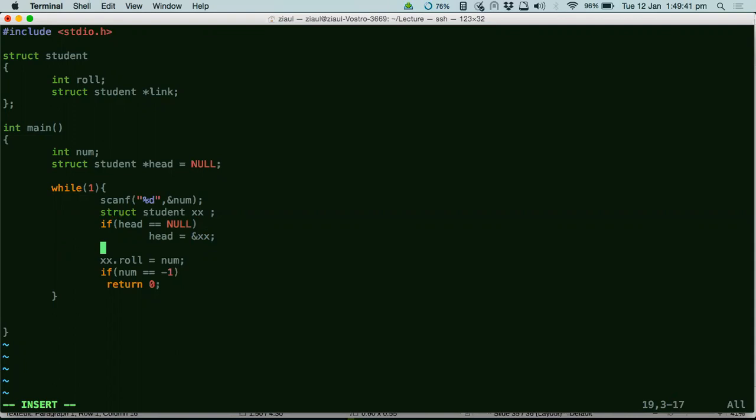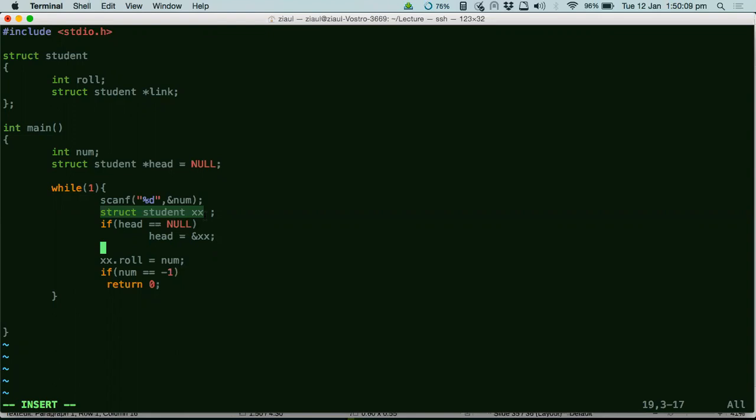In the second iteration, what would happen? I would have created a new structure, right? Because here the new structure got created, which got a new memory address. And what is my head pointing to now in the second iteration? The head is pointing to the previous struct that I have created, in the first iteration.